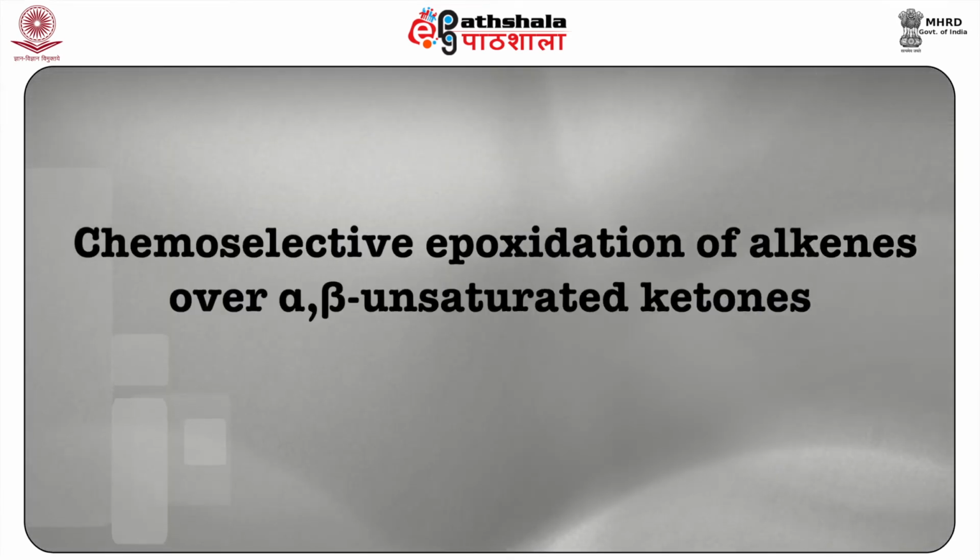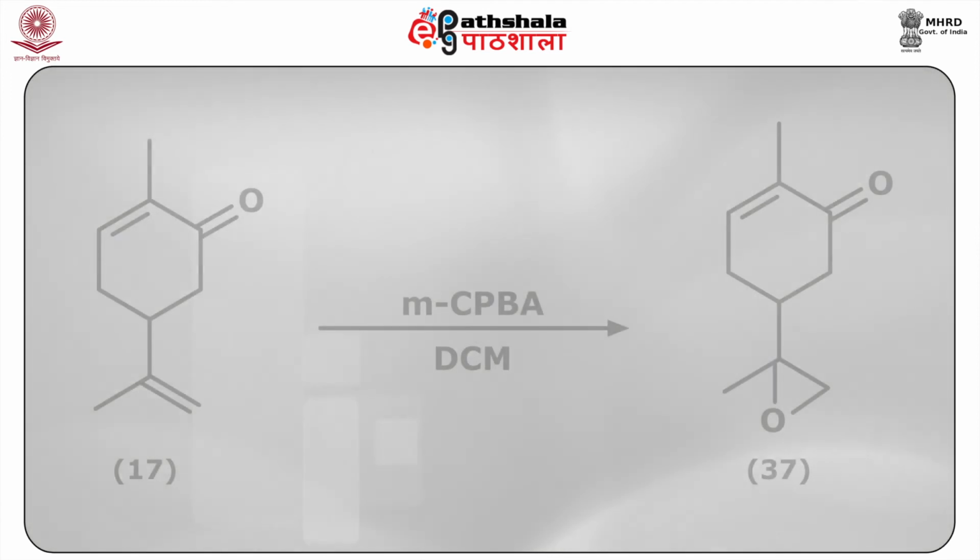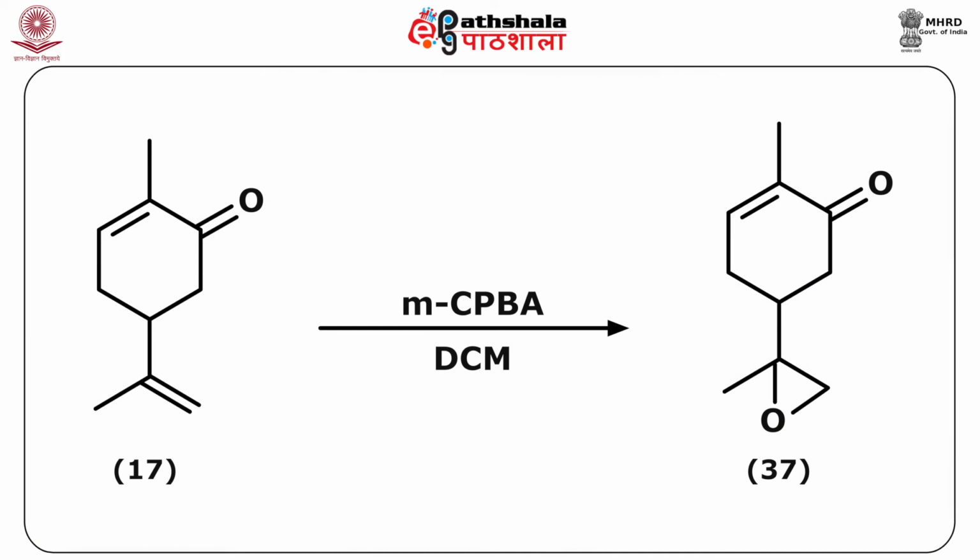Chemoselective epoxidation of the alkenes over alpha beta unsaturated ketones. Epoxidation of 2-methyl-5-prop-1-en-2-yl cyclohex-2-enone in the presence of meta-CPBA to give S 2-methyl-5-(R)-2-methyloxiran-2-yl cyclohex-2-enone 37, as shown here in the figure. So, it is the chemoselective reaction where only one of the groups is being affected by